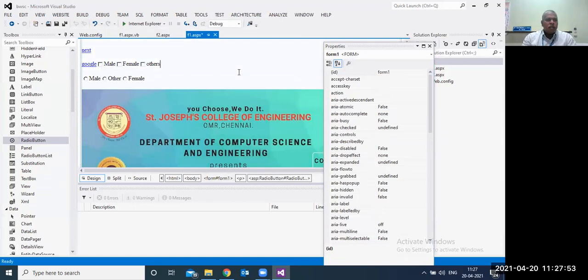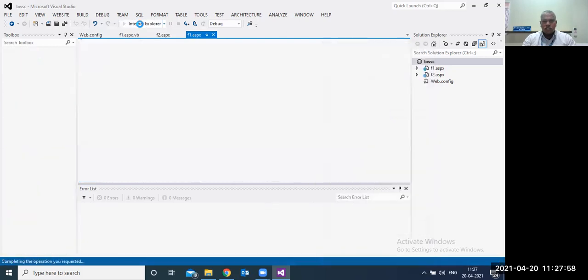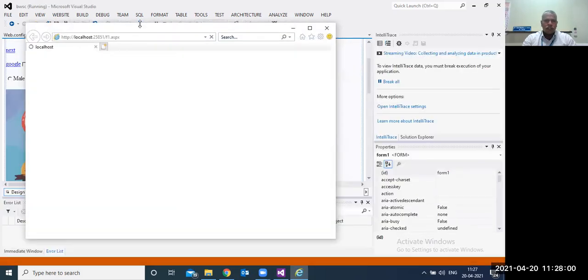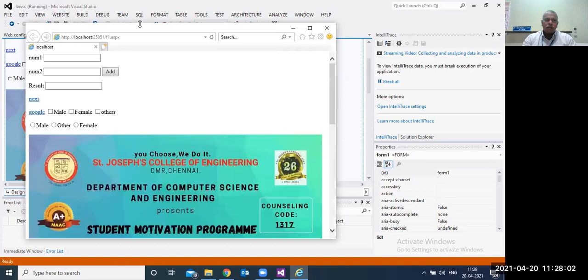Normally, radio button will allow you to take only one selection. We'll see the result. I can select male, I can select others, I can select female. So the radio button is also like a checkbox.